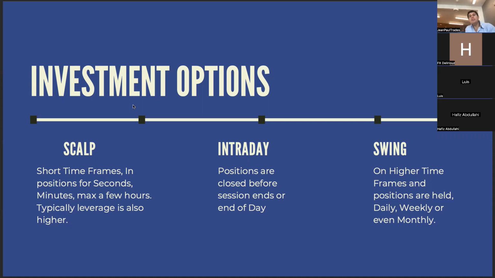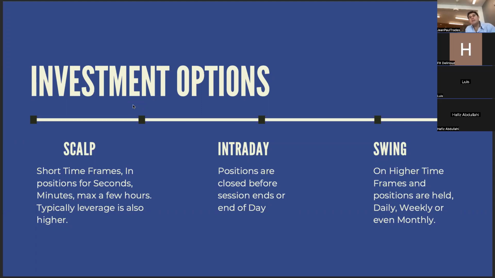Your leverage is a little lower. You can be in a position with 5 lots, for instance, on a 100K account, and you can actually hold the drawdown a little bit, and then you can see your 1-to-1, or even your 1-to-2 or 1-to-3 play out. And then you have swing positions